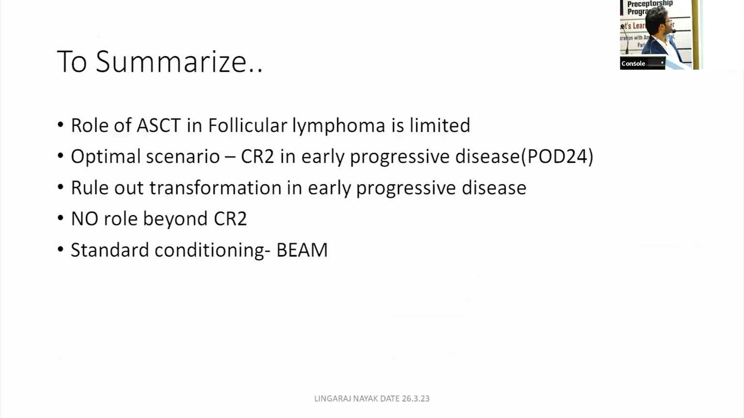Okay, to summarize, the role of transplant in the upfront setting is limited, but the optimal scenario is CR2 in relapsed disease. Important, if your patient is relapsing within 2 years, please rule out transformation. That is the most common cause when they relapse within 2 years of time, right? Before you jump and think that it is follicular lymphoma. Okay, so standard conditioning is BEAM, and any doubt, any questions on follicular